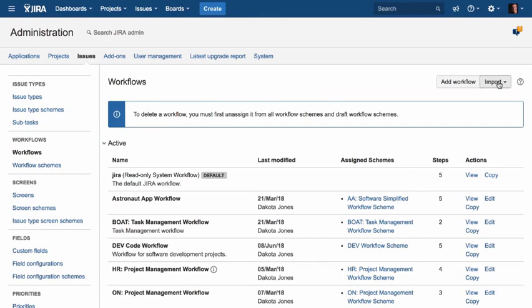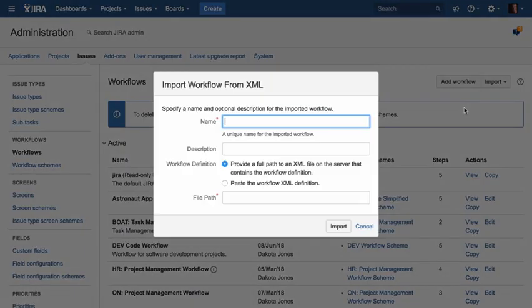Click Import, Import XML. Now there are two ways of getting this XML file into Jira. You can either paste its content into the dialog window, or you can place the XML file on the Jira server and give it the path there. So first I'm going to give it a name. Let's call it